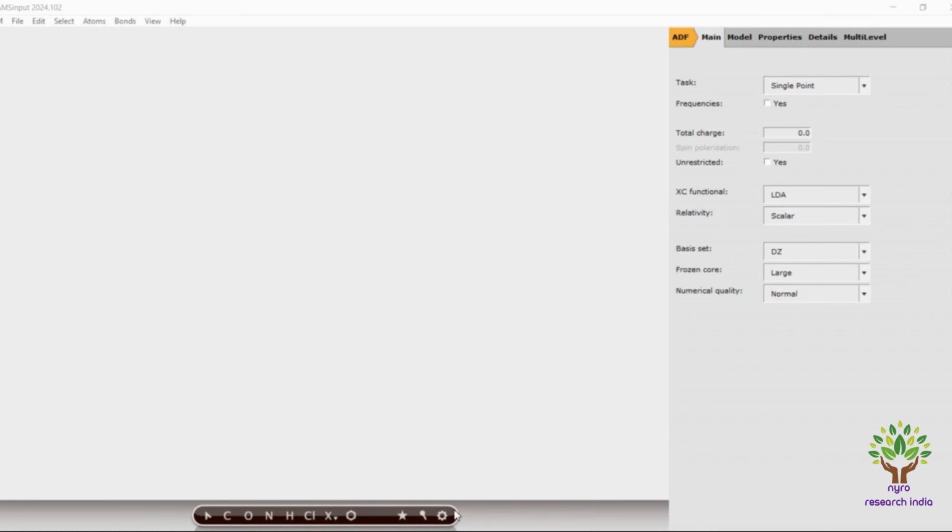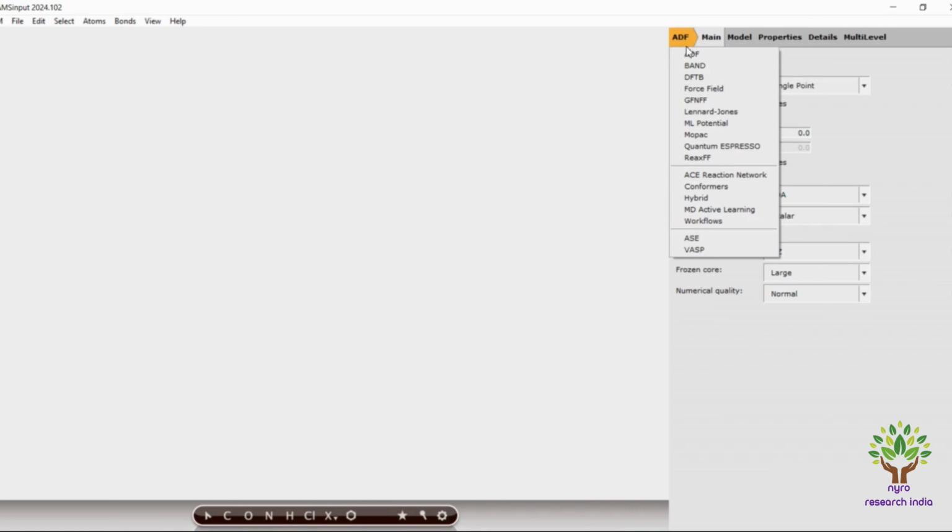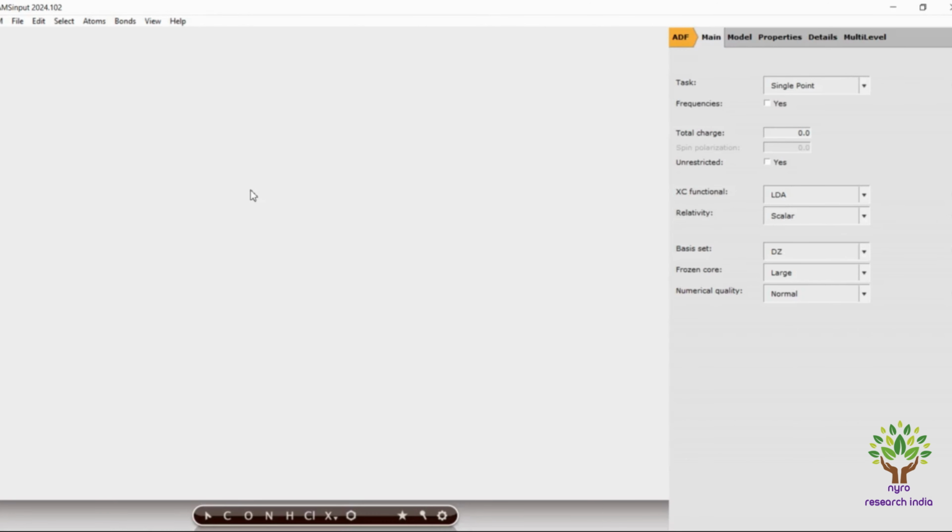So today in this session I'm going to brief you about ADF. There are various modules in this suite, ADF, BAND, DFTB, etc. So we are discussing it one by one. So in ADF, what are the different applications which we can focus on while going for calculations? Speaking about ADF, before proceeding to the calculations or inputs, I would like to introduce to you what are